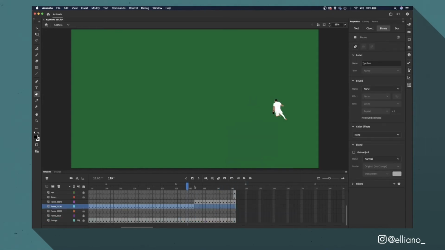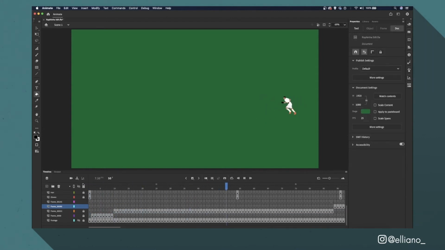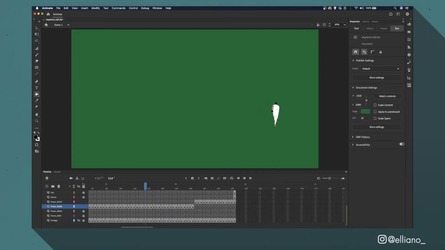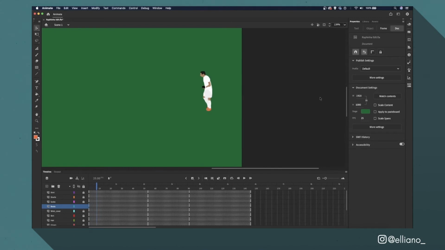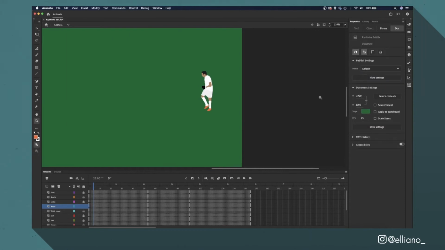Now, after drawing a few more illustrations and from there creating a few more renders from EbSynth, I decided I'm going to touch up the rest of my rotoscope animation frame by frame in Adobe Animate. Now, you don't have to do this, you can just keep making EbSynth renders until it looks the way you want it to, but if you want certain frames to look as accurate as possible, I find this is the best way,